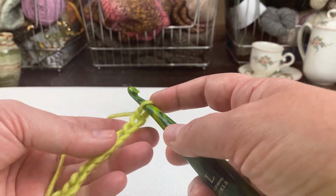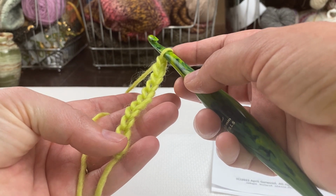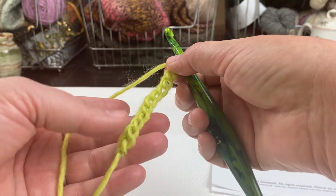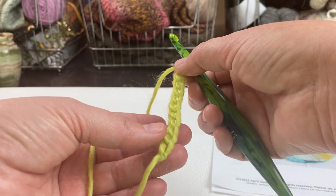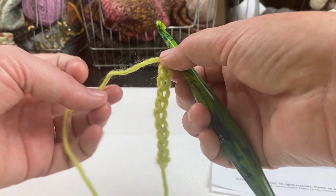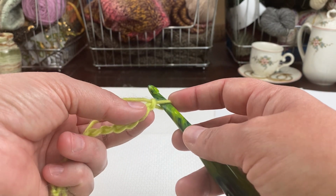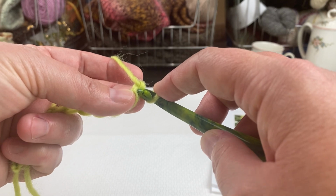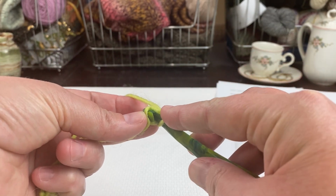All right, as you look at your chains, this side kind of looks a little like a braid. I like to turn it over and go into the loops that you see along the back, these ones that are sort of making a dashed line along the back. So I'm supposed to single crochet into the second chain from my hook. The first one is here, and I'm going to skip it. The second one is here, so I'll go under this loop,